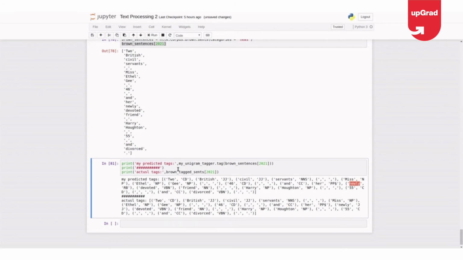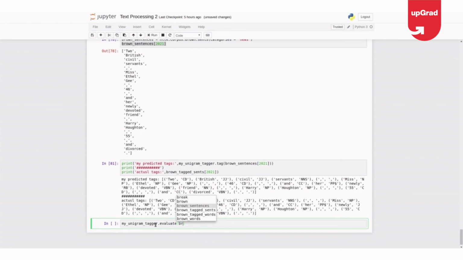So I just tested my unigram tagger on the 2021 sentence alone. Why don't I evaluate the whole brown corpus itself? Let me do that and I'll check the accuracy. unigram_tagger.evaluate on the full brown target data set.